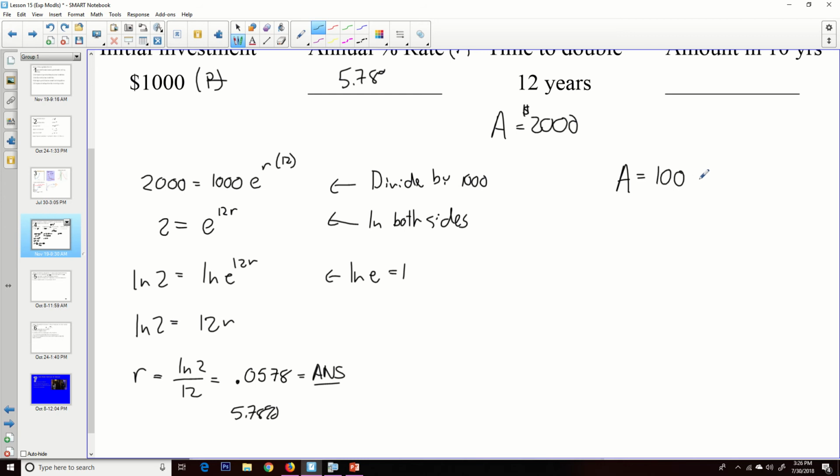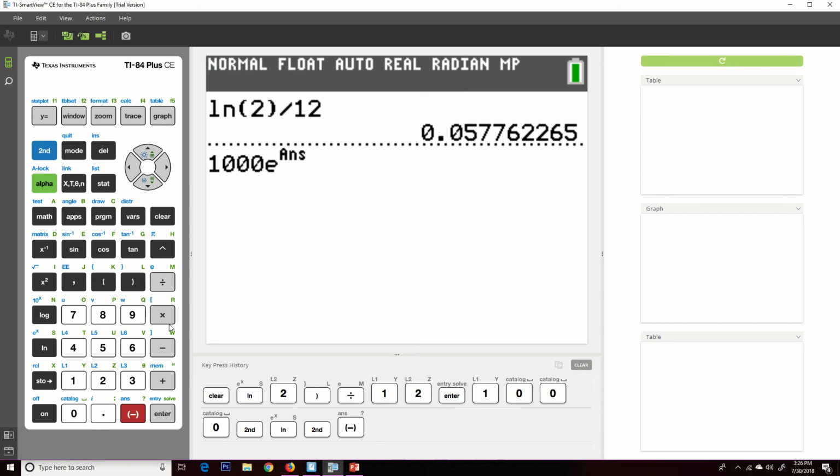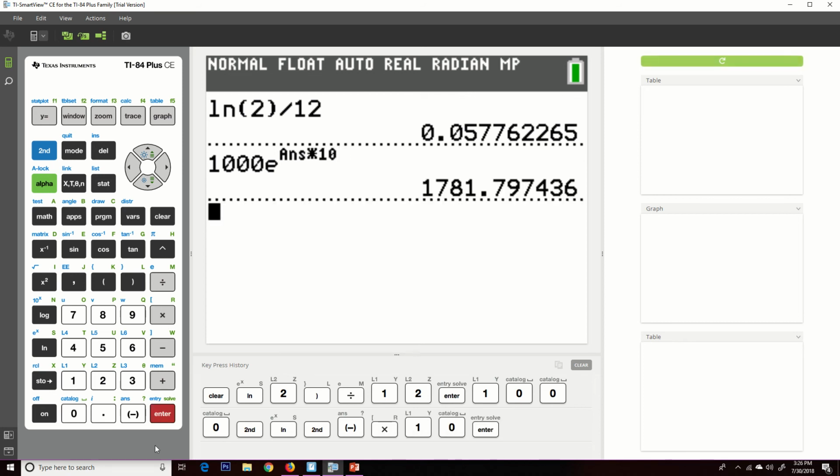So 1,000 e, and so I'm going to put ANS for my rate. Okay, so r equal to the ANS from the last problem in that case. And then 10 years, and I need 1,000, so this should be fairly easy to calculate. This would be a percent. We'll get, let's see here, 1,000, one more 0, second e, and then we'll go second answer. That's going to put those values in there times 10 years. Hit enter. So in 10 years, we'll have